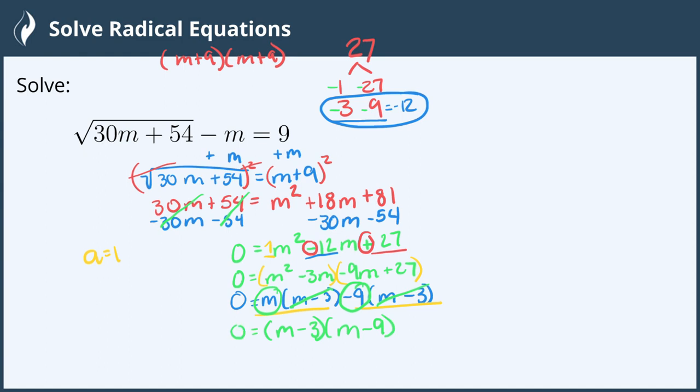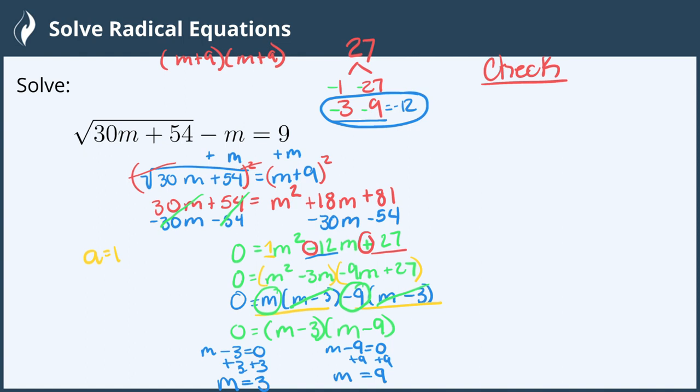Because our equation is equal to 0, this means that we can use the zero product property and set each of these factors equal to 0. So we have m minus 3 equals 0 and m minus 9 equals 0. We'll add 3 to both sides for the first one, and we get m equals positive 3. We'll add 9 to both sides here, and we end up with m equals positive 9. Now we have two answers, but we do need to go back and check these answers by putting them into the original, just to make sure that we didn't accidentally come up with a wrong answer because we had squared